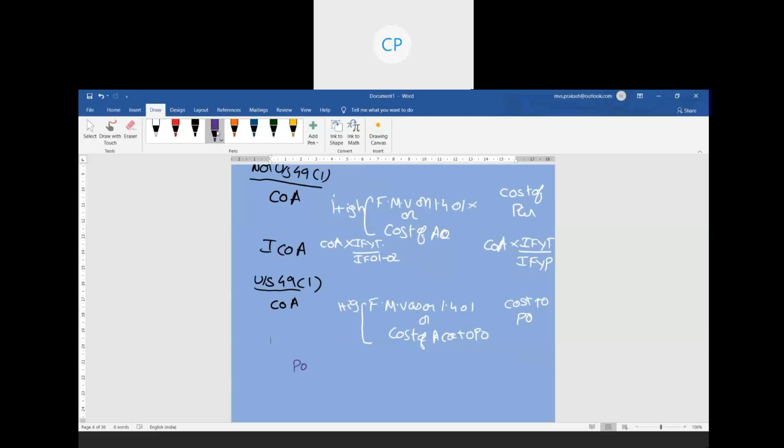For example, the previous owner purchased the asset on 1st April 2009. Say X is the previous owner, who purchased the asset on 1st April 2009 at a cost of 3 lakhs. What he has done is given it as a gift to Y. When? After 1st April 2001. If it was before 1st April 2000, you could have clearly covered it under the other case. So after 1st April 2000. Acquired by the previous owner after 1st April 2000, before 2001, transferred to the present owner after 2001. So the transfer is happening after 2001.